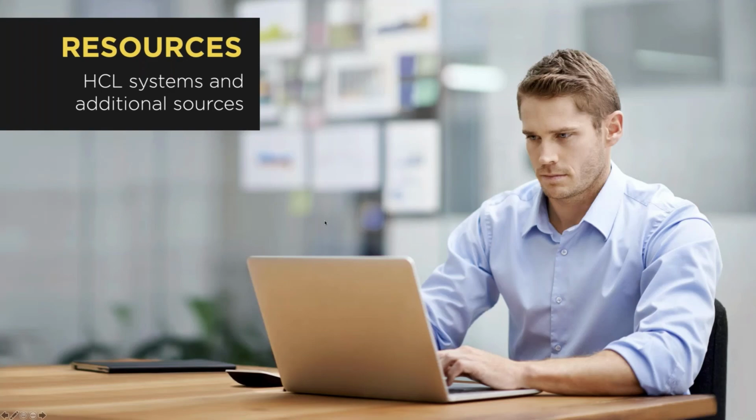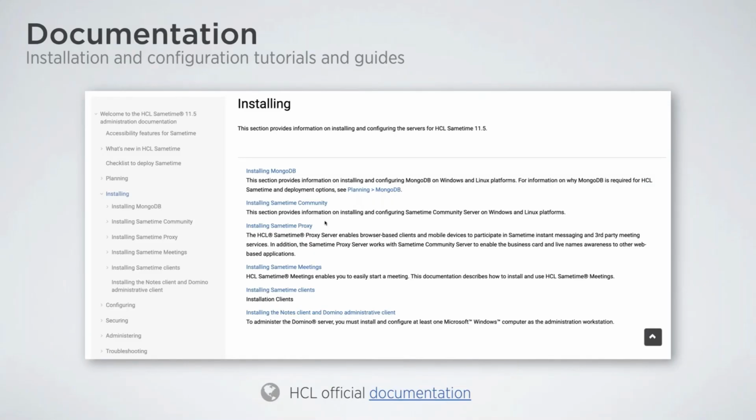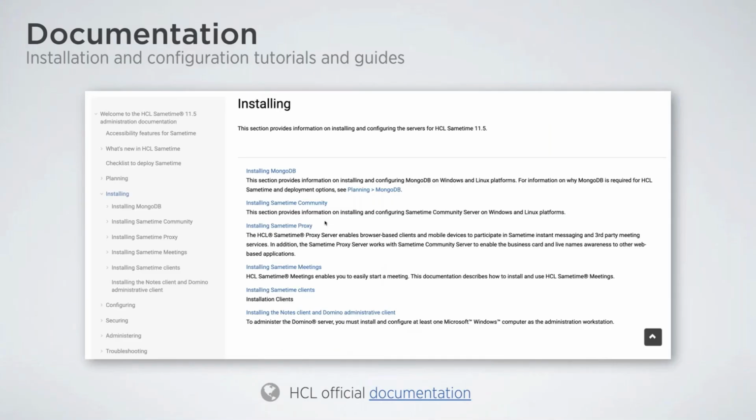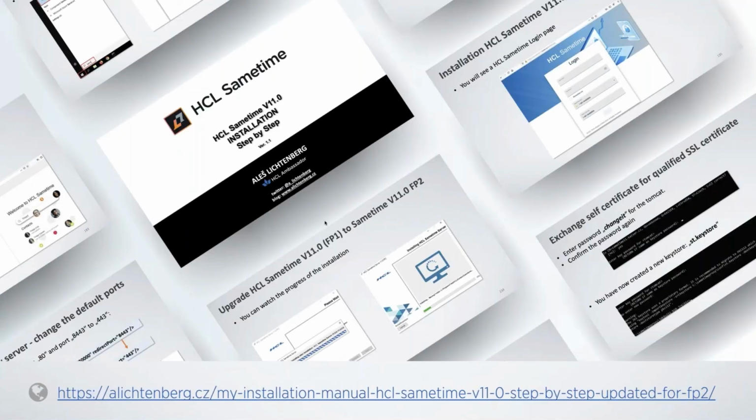Resources. There is official documentation. If you click on this link, there is official documentation, and I suggest every admin go through it. It is not long, but go through all these steps to get a clue what needs to be done. Then people from the community, from customers, partners, as well as HCL employees, are creating step-by-step tutorials, because one thing is to follow strict and precise steps in official documentation. But if you are a first-time user or admin, it's better to have some guide with screens: click here, click there,